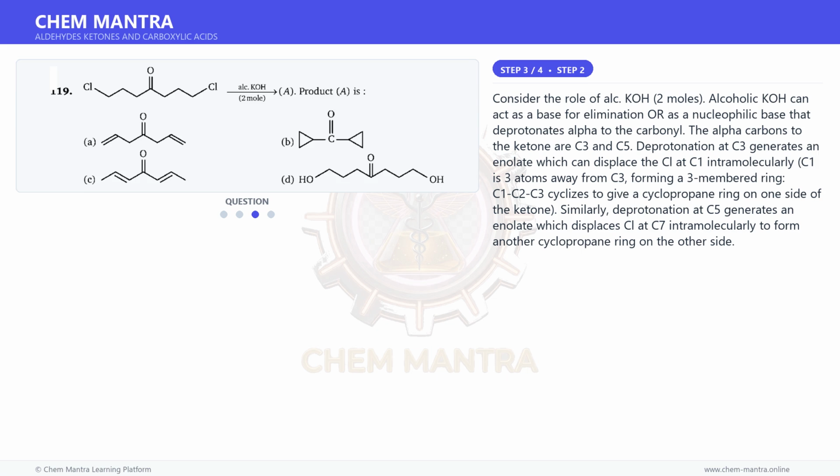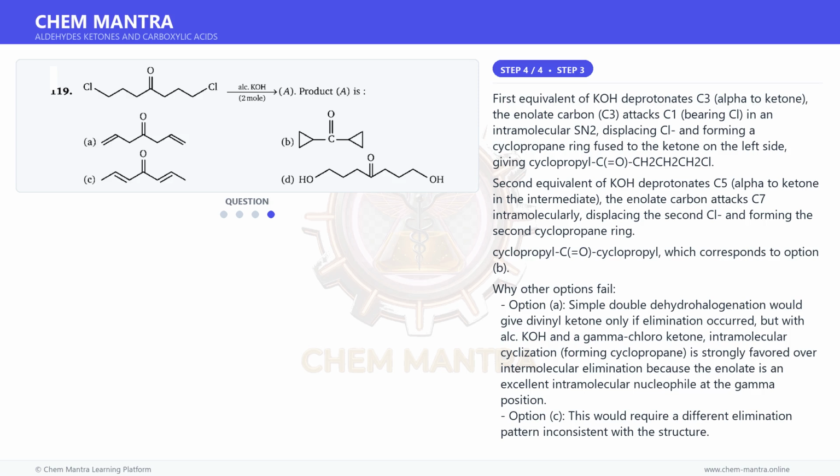Similarly, deprotonation at C5 generates an enolate which displaces Cl at C7 intramolecularly to form another cyclopropane ring on the other side. And for the final step, the first equivalent of KOH deprotonates C3, alpha to the ketone. The enolate carbon, C3, attacks C1, bearing Cl, in an intramolecular SN2, displacing Cl and forming a cyclopropane ring fused to the ketone on the left side, giving cyclopropyl C=O,